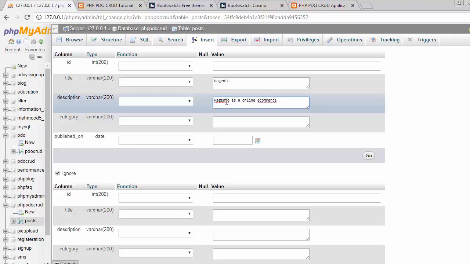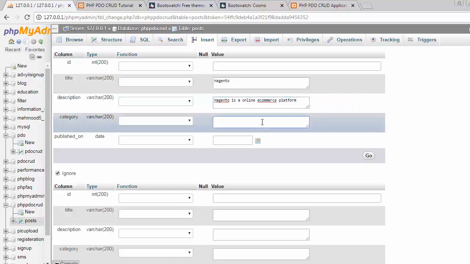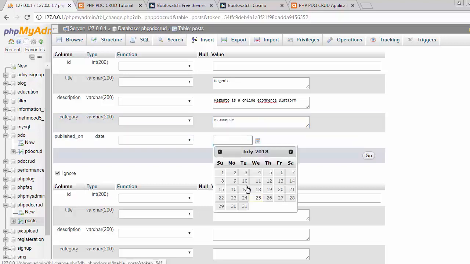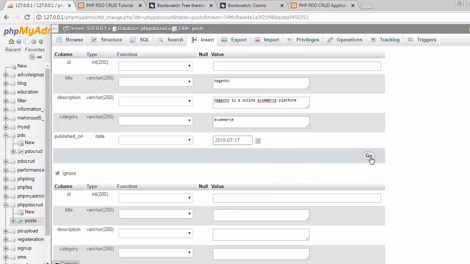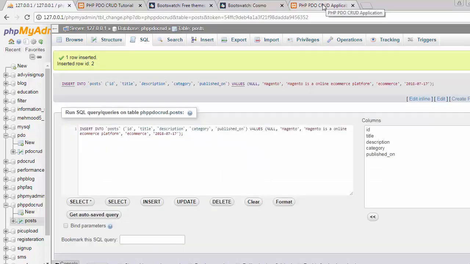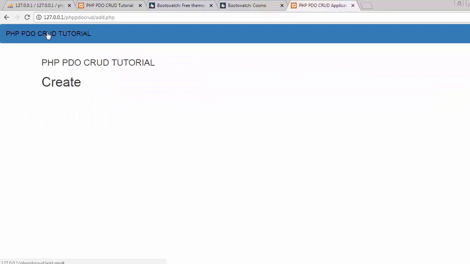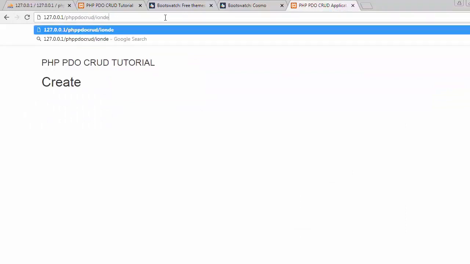Okay, e-commerce, and then date. Now let's click on go. Now I have added the second record inside my MySQL table, and when I go to my home page, you can see. Okay,